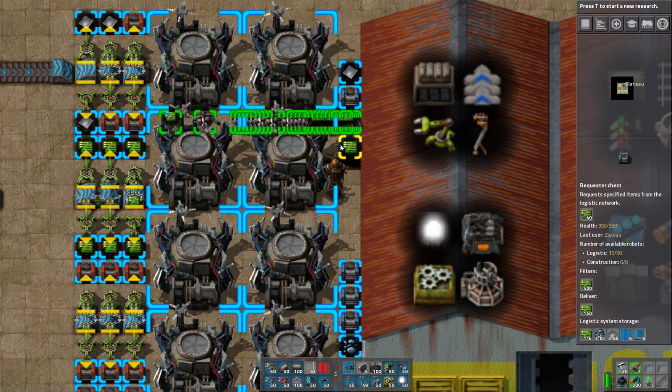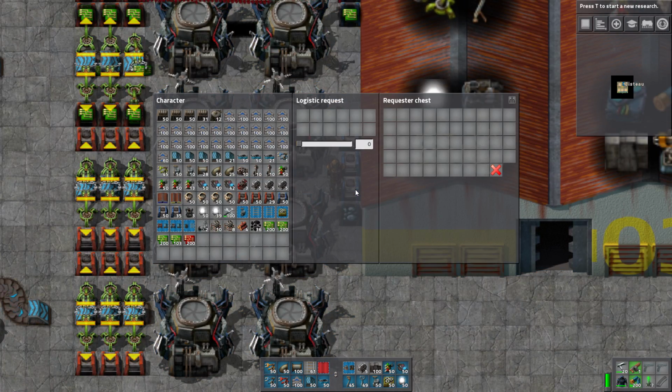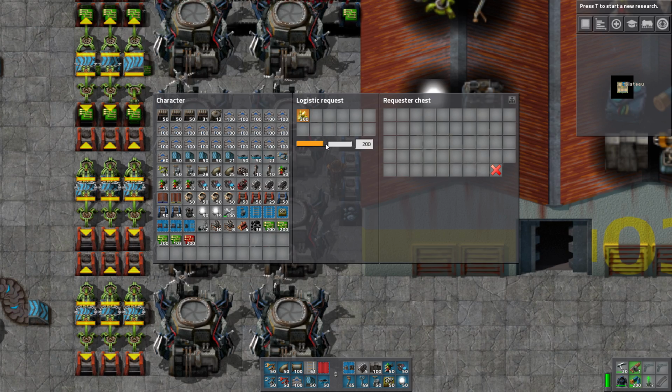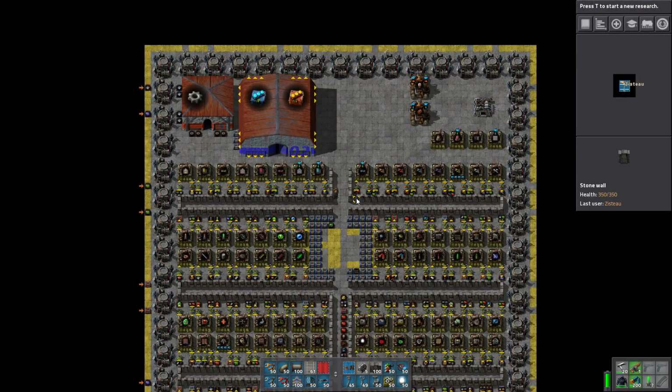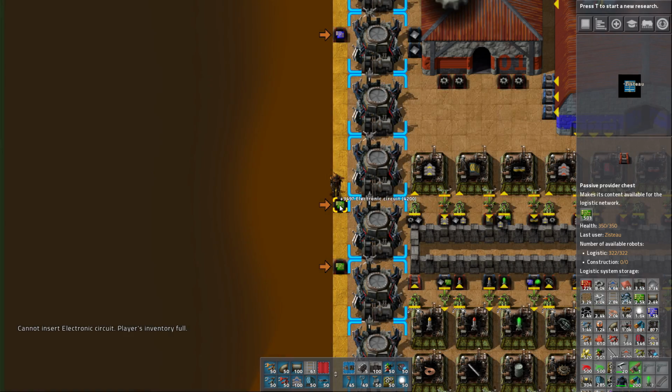Okay, so this is the green circuits one. Good. Then we need to add the sulfur back down here. So just tell that to do, I don't know, 300. Not sure which number is best. Just putting numbers in there so things start getting made and getting done. So this guy, we can...